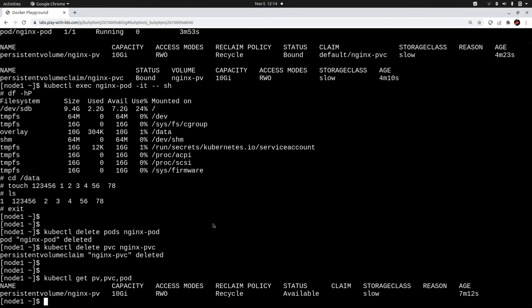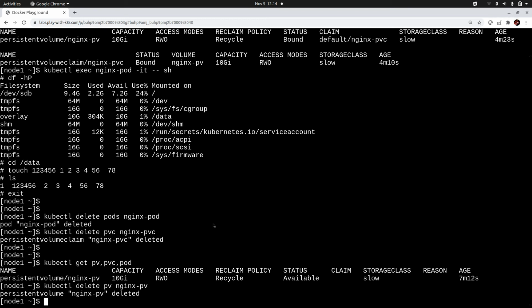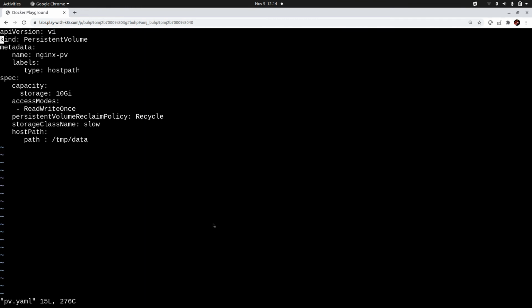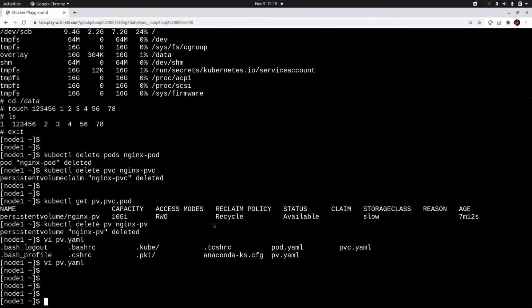For that, let's kubectl delete pv nginx-pv. It has been deleted. Now vi pv.yaml. Here we will just change a simple parameter to delete. Alright guys, finished. kubectl create -f pv.yaml,